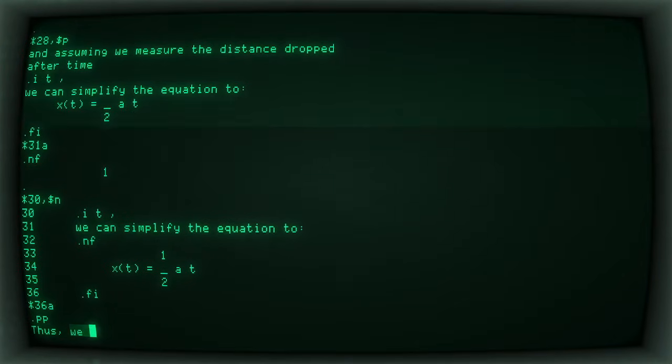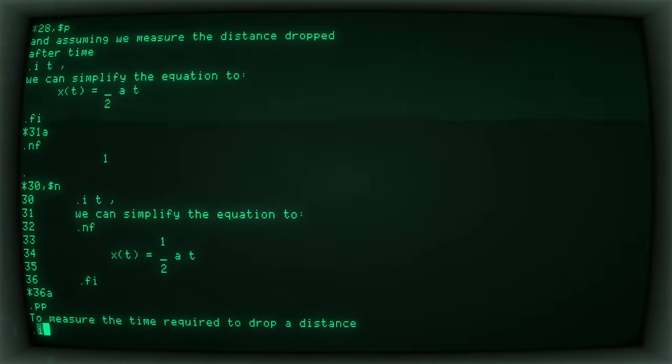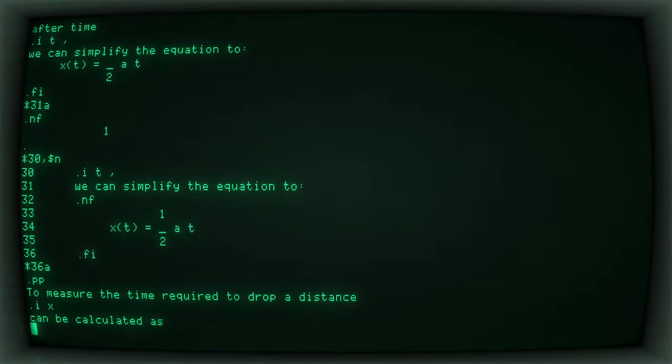We can to measure the time required to drop a distance, put in italics, x, can be calculated as, and then we'll do another one where it's no fill, and then we'll just say